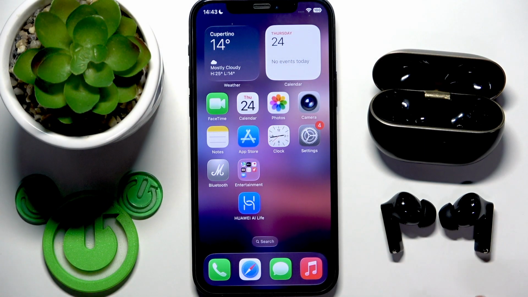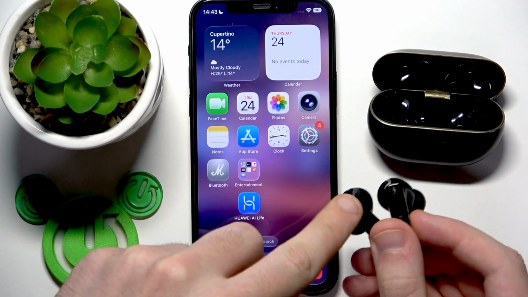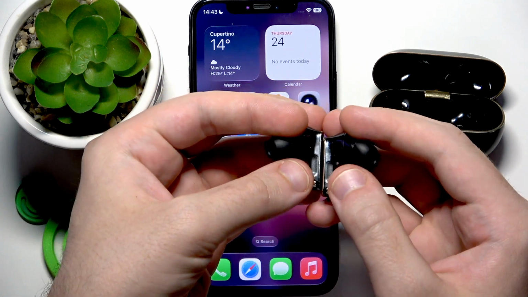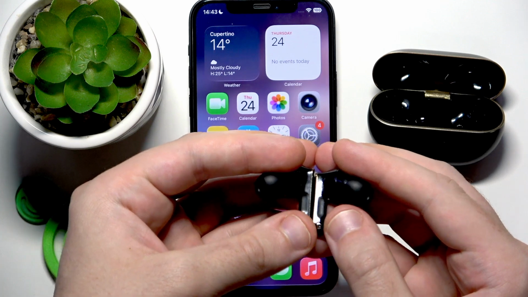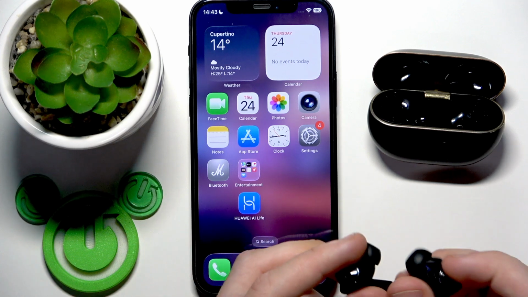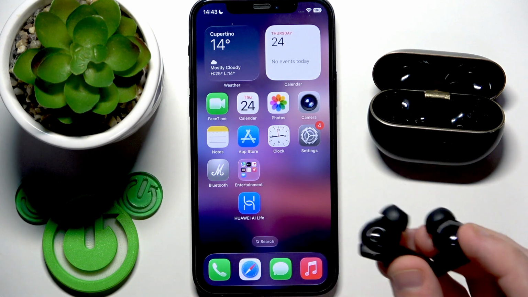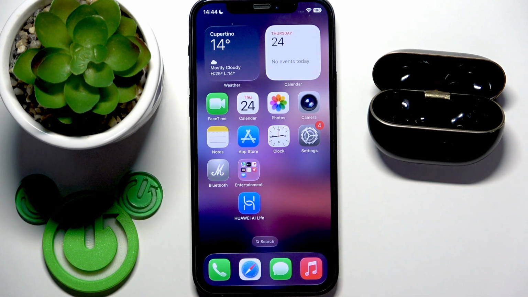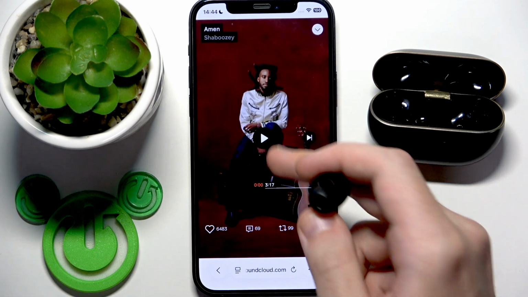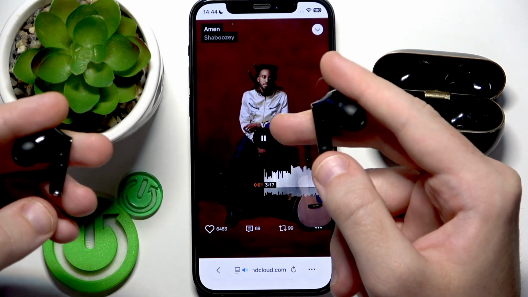So on these earbuds we have touch areas at the back side, right here at the top, and also on the sides, right here we have them. So let's get started with the sides touch controls. Later I will show you how to customize these touch controls, because now I will show you the default ones. So we need to play some song, and firstly, if you press one time at this touch control,